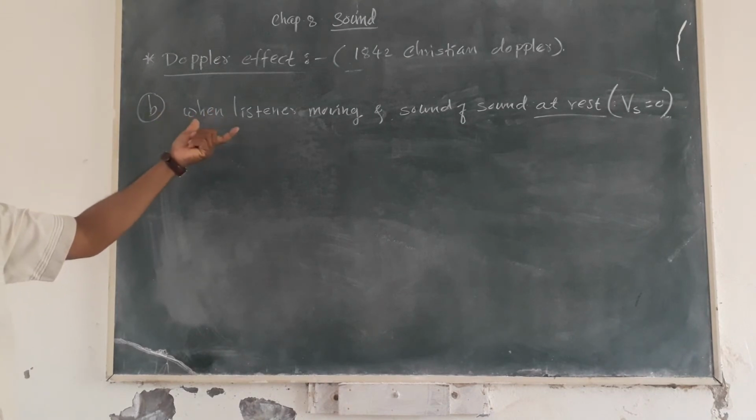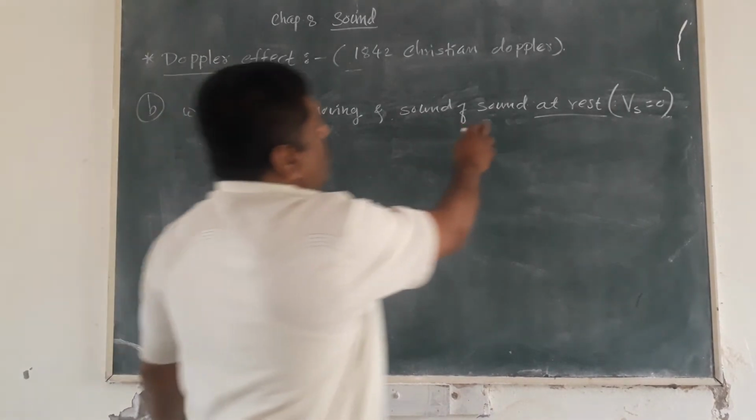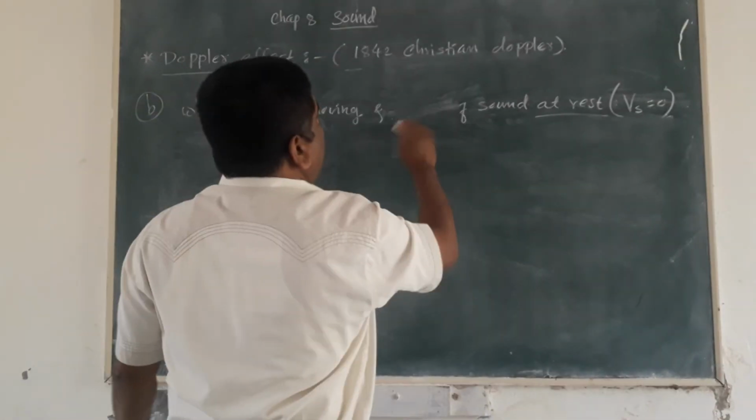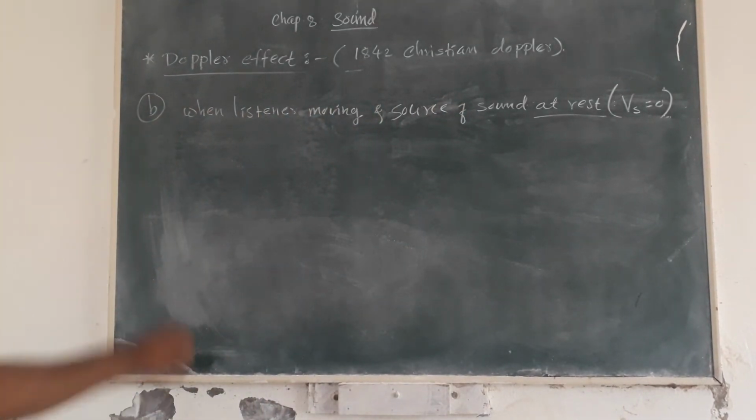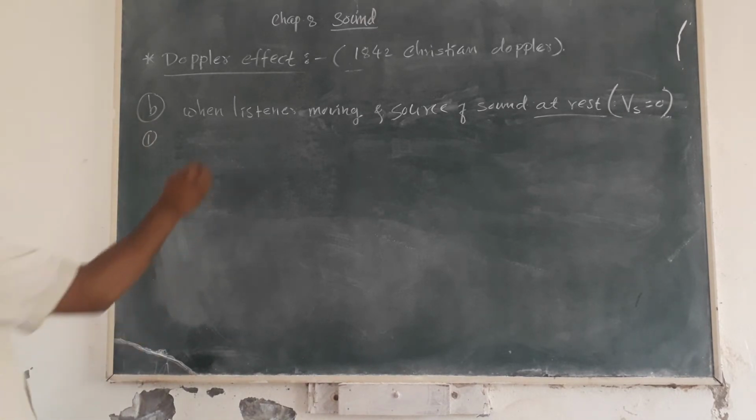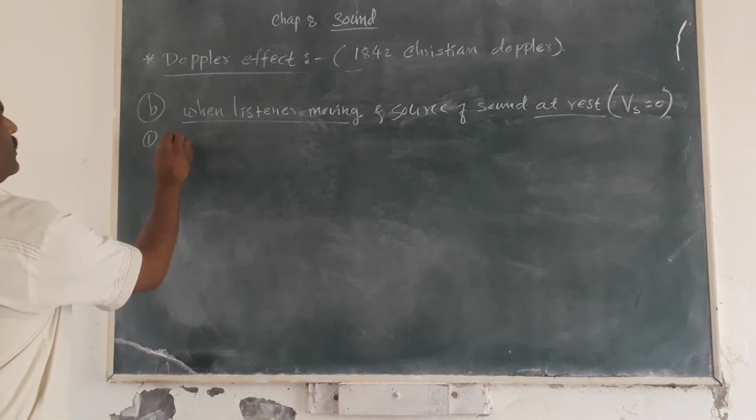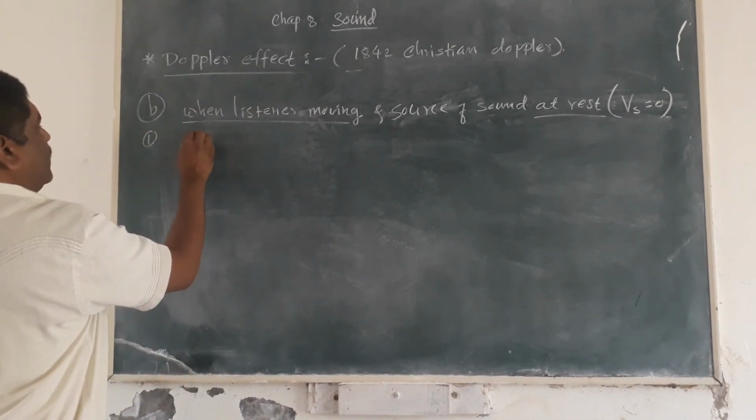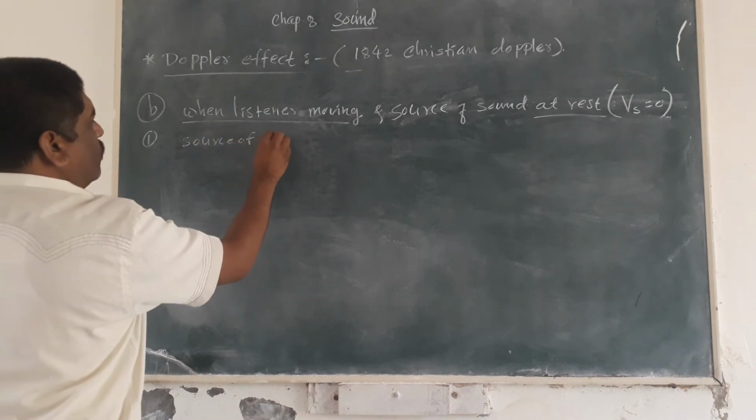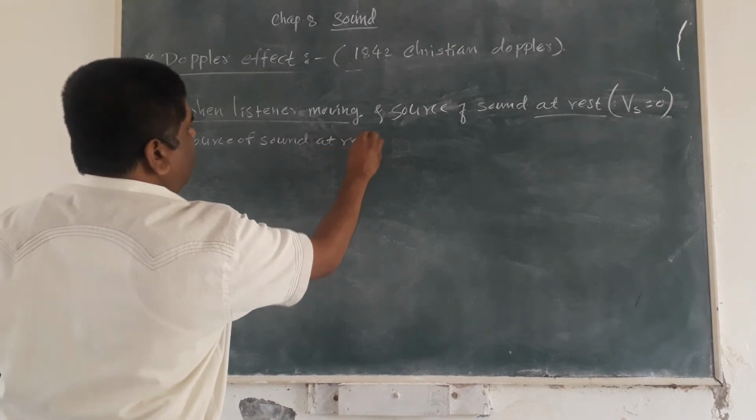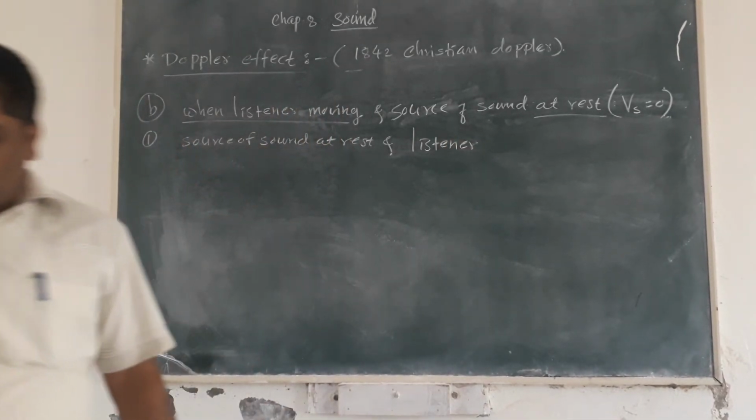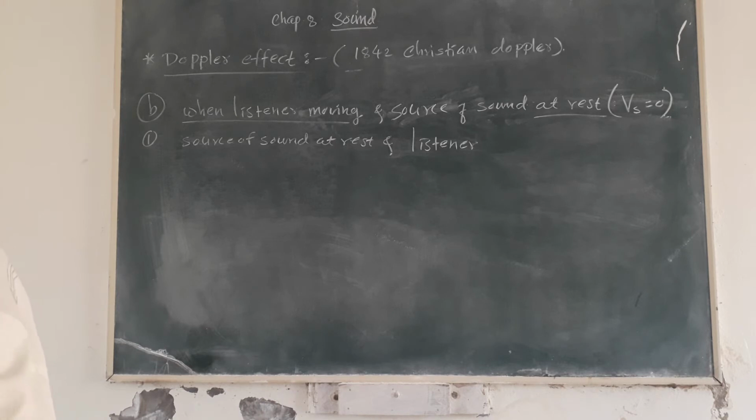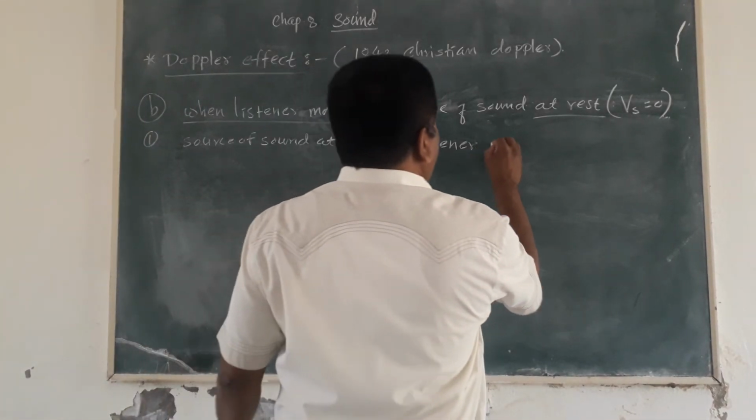दॅट कंडिशन इज कॉल्ड लिसनर मुव्हिंग अँड साऊंड सोर्स ऑफ साऊंड ॲट रेस्ट, म्हणजे VS = 0. याच्यामध्ये सुद्धा परत दोन प्रकार पडतात. पहिला प्रकार, when listener is moving or source at rest, first condition, source of sound at rest and listener, ऐकणारा जो आहे, is the listener is moving